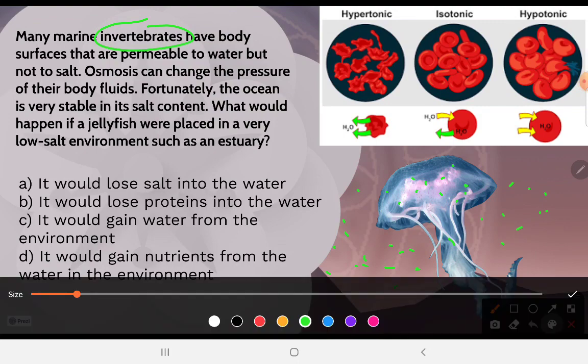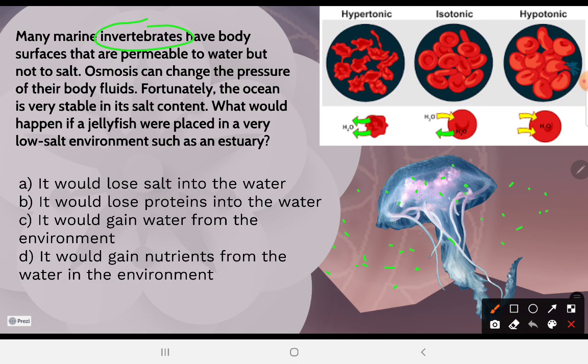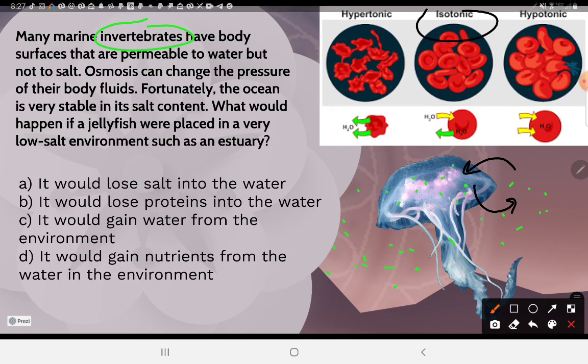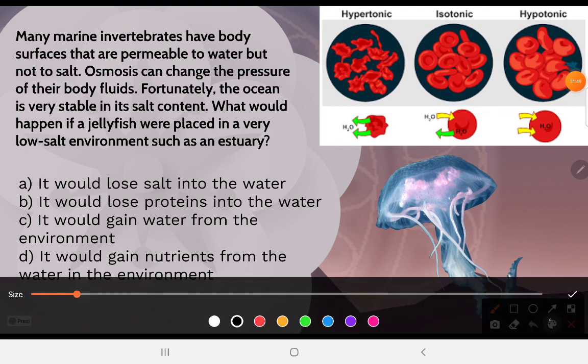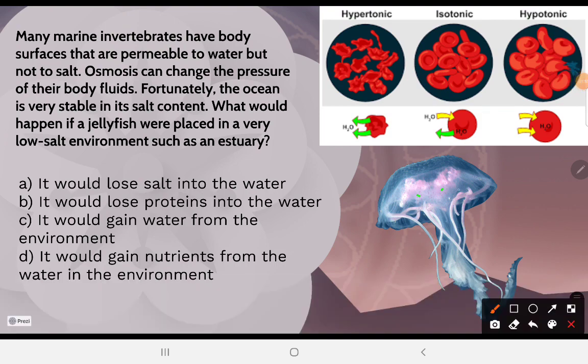It goes wherever there is salt. So what this means for the jellyfish in its normal habitat is water is going to be coming into the cell to follow that salt, but it's also going to be going out at an equal rate. We call that isotonic. Iso is what you want. That is homeostasis. When you are out of isotonic, you are out of homeostasis. And so, for example, if we took this naturally marine animal full of salt, and then we put that into the wrong environment, like a freshwater pond or